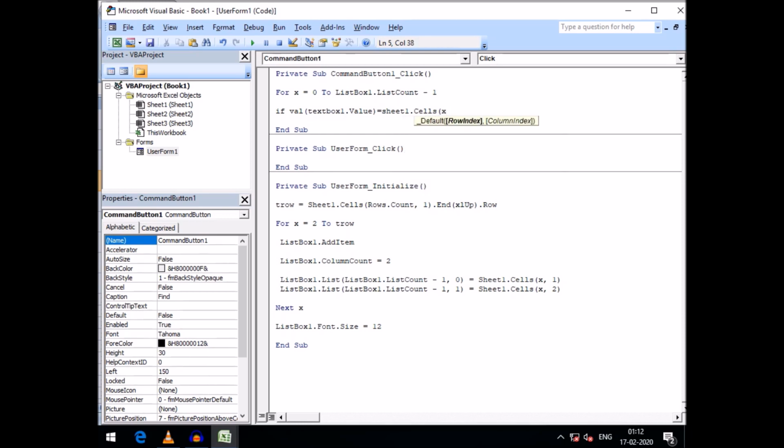Cells. Here friends, I am adding 2 because here the value of x is 0, but I know the records of Sheet1 start from the second row, so I am adding this with 2. Dot Value, then